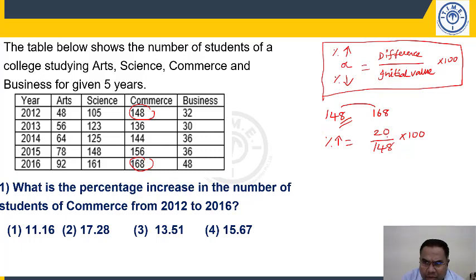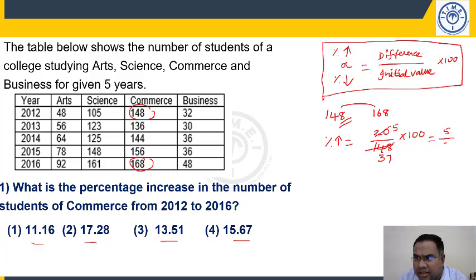See here, you can do it in two ways. Let me explain this to you. Now, 4 5s, 4 3s 12, 28, 4 7s, 5 by 37. Now friends, if you observe here, the options are quite far away, they are not close, right? 11.16, 17.28, 13.51, 15.67. I can happily make an approximation. When will you say options are close? If I have given 11.15, 11.16, 11.17, 11.18, then options are close. They are pretty far away. So I can happily make an approximation.